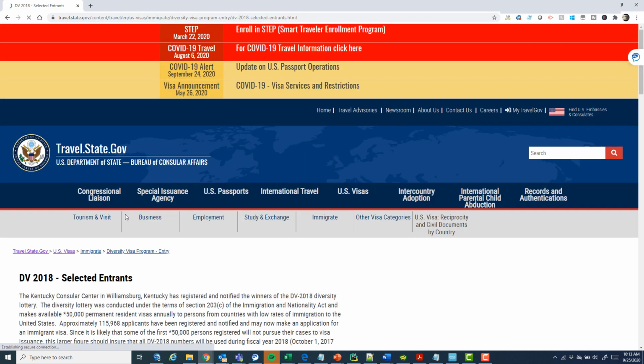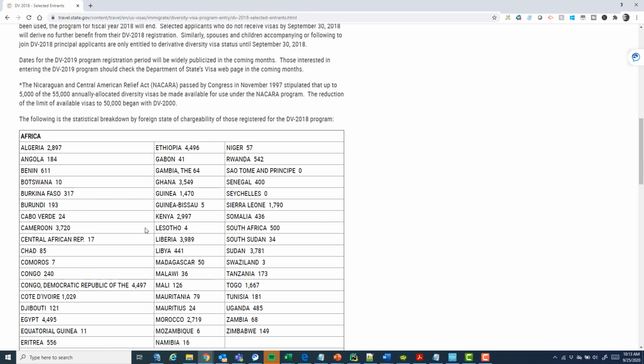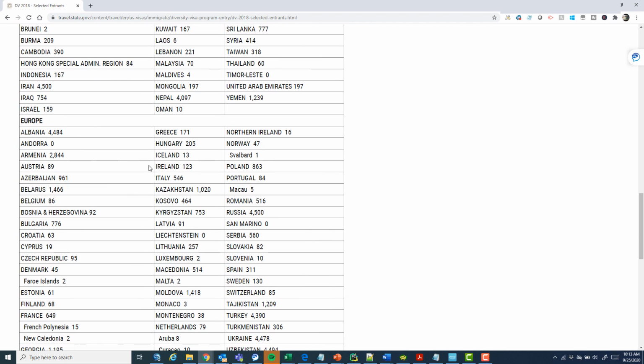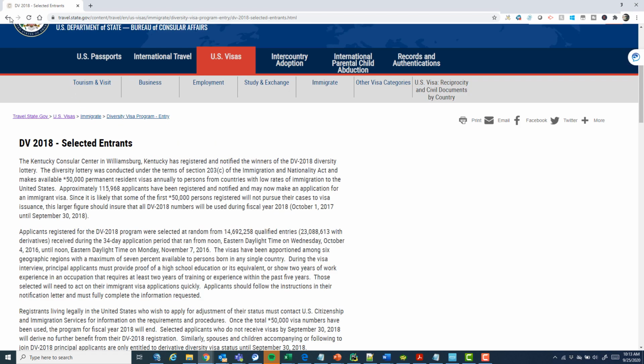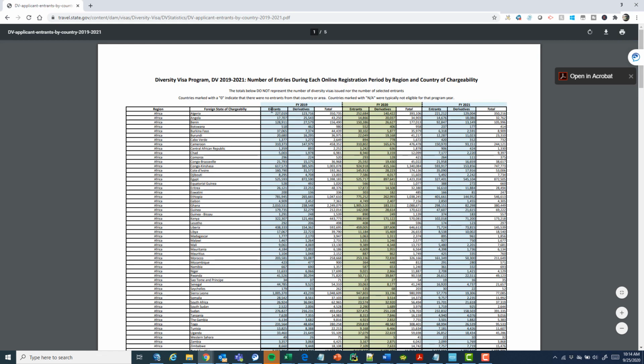I'll just briefly show you the number of selected entrants. You'll recognize this format from the visa bulletin, and as I mentioned, it's basically just the visa bulletin information that we see put into this separate page. But what I wanted to show you today is this new data. This has only just been published. It's the data from 2019 to 2021 for the number of entrants, derivatives, and therefore total in each country that